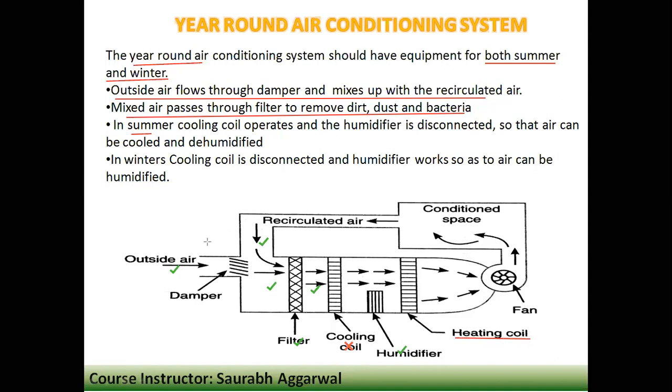So this kind of a system is having both the facilities, and they are hardly used, but most of the cases we use air conditioning systems for summers only. In winters, in the very cold areas we do use ACs, but where there is very high cold, there we are not having so much heat also. So there are different kinds of systems, but in some cases where there is tropical kind of environment, we have both the systems. So we have year-round air conditioning, but mostly it is used for summers only.